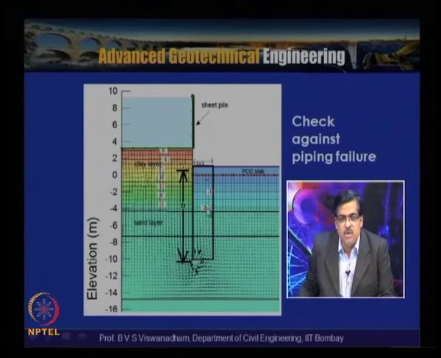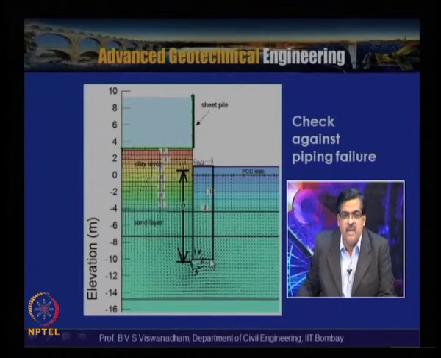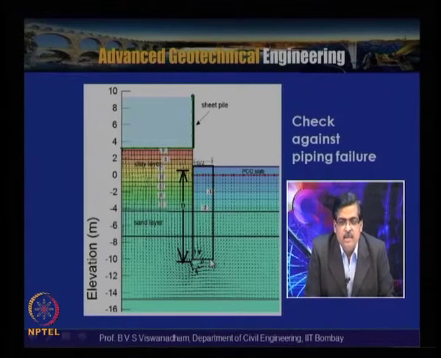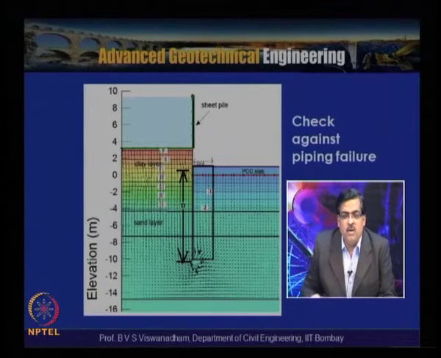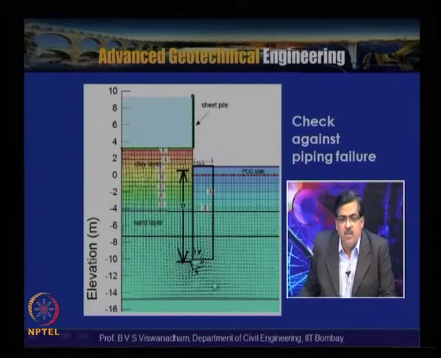So, this is the soil prism which is having gamma 1 H1, gamma 2 H2, gamma 3 H3 and then gamma 4 H4, these particular layers. This is required to be considered. Then once we know the total head from the flow net diagram, we can calculate the average head here and determine the factor of safety against the piping.